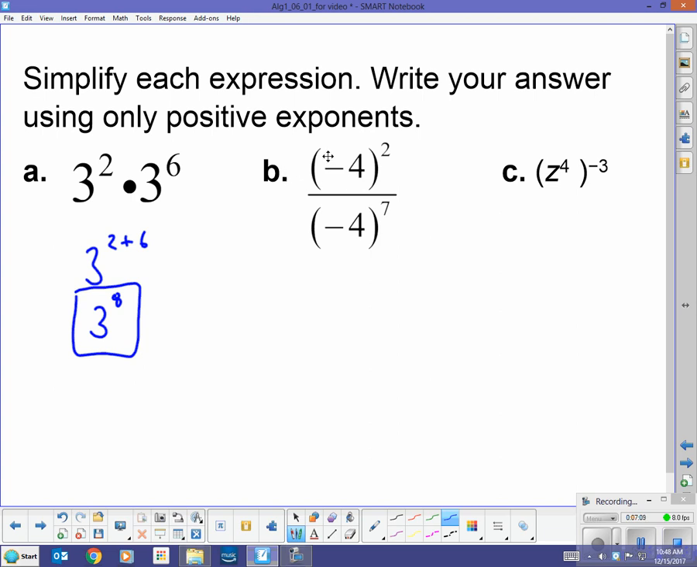B says negative 4 to the power of 2 divided by negative 4 to the power of 7. Well, that's negative 4 to the power of 2 minus 7, which is negative 4 to the power of negative 5. Okay, but this isn't simplified yet because we now have a negative exponent. So this is 1 over negative 4 to the 5th power. And I'm going to kind of work sideways here. I'm not supposed to go equal like that, but